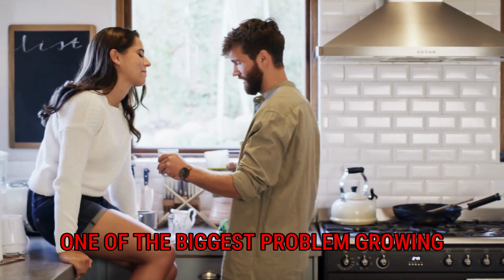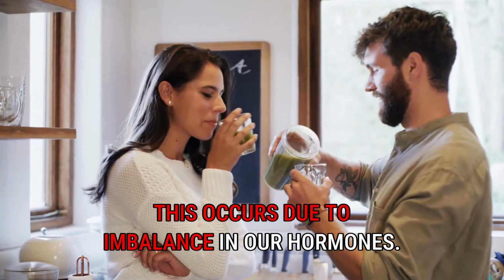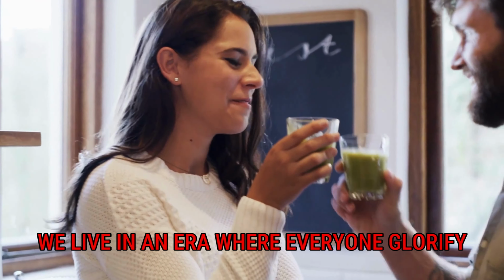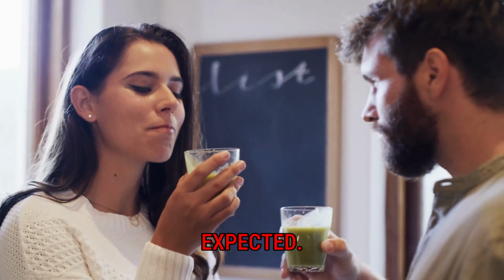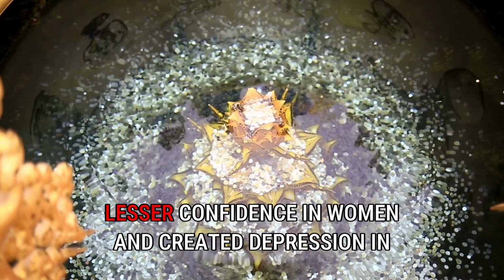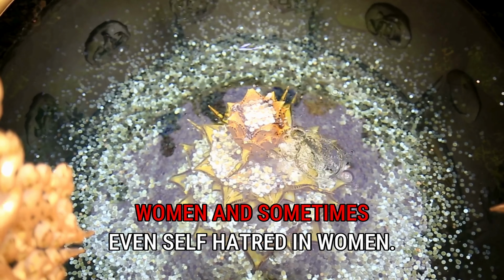One of the biggest problems growing in our age is facial hair for women. This occurs due to imbalance in our hormones. We live in an era where everyone glorifies beauty of the body, and we might feel sad to have hair where it is not expected. This trend of glorifying the body has created lesser confidence in women, and created depression, and sometimes even self-hatred